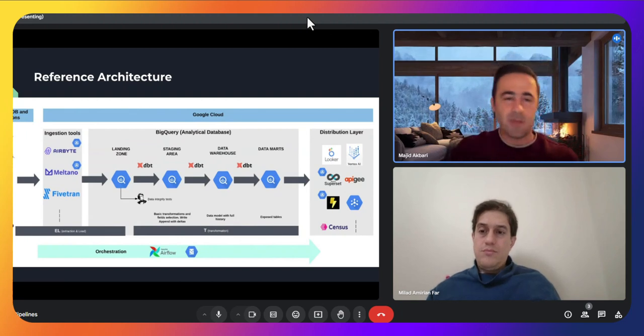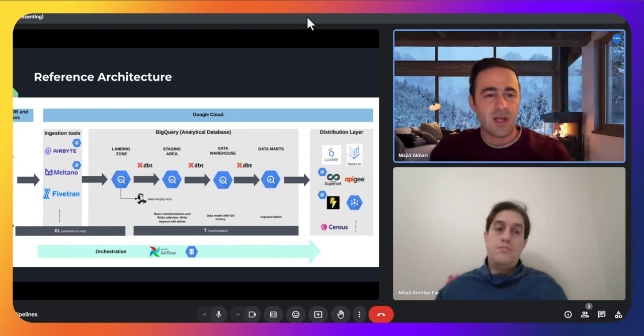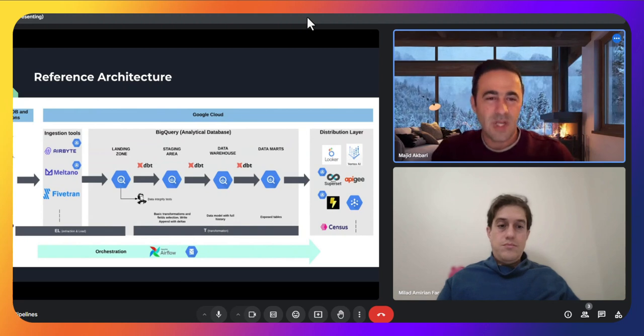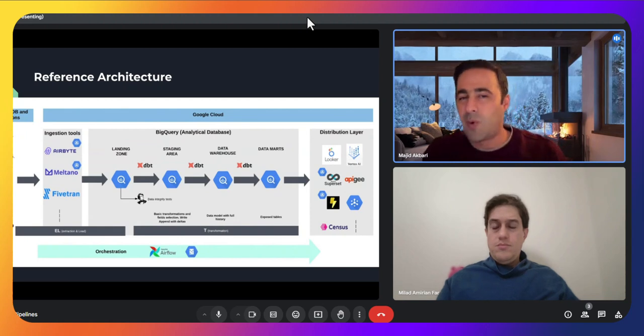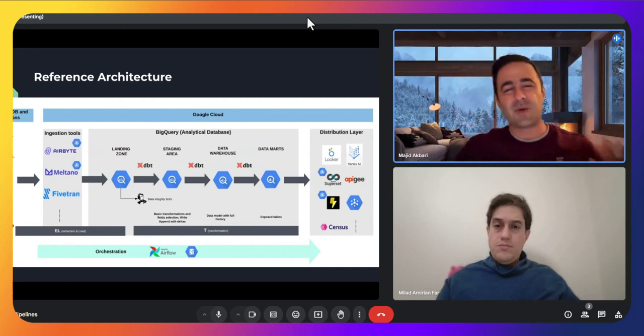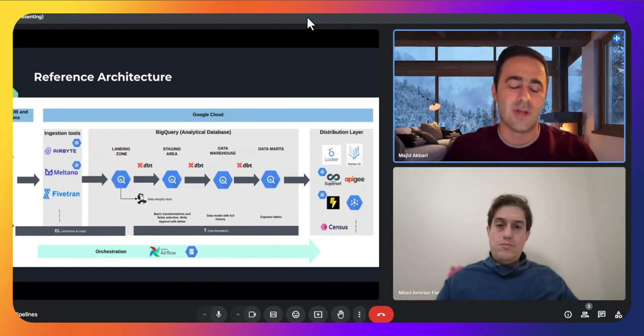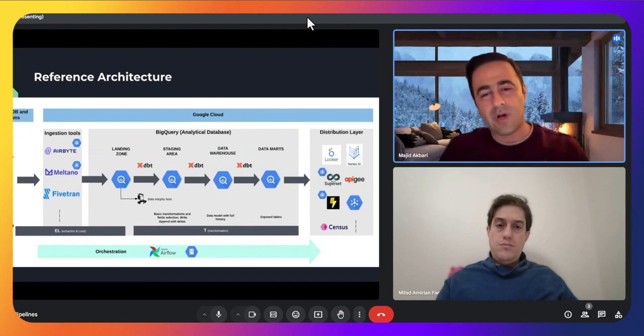Then we have an extraction and load layer where we can use ingestion tools, because if the tools already support the integration or connection with your inputs, it will make things much easier for you. And as you see, Airflow is at the bottom of this